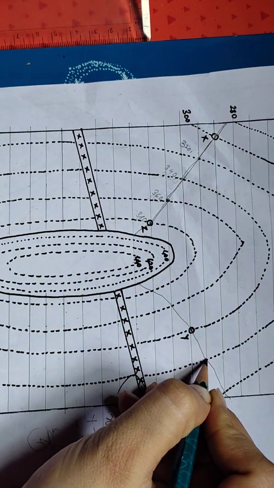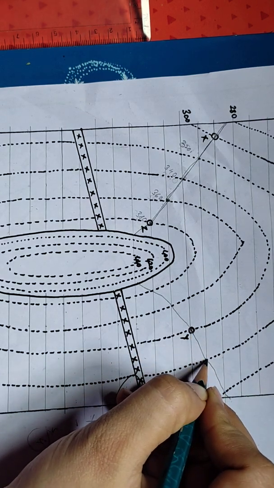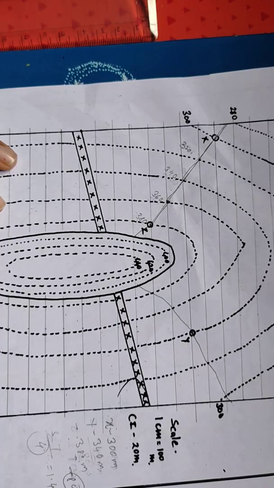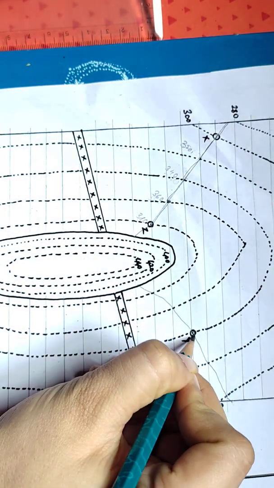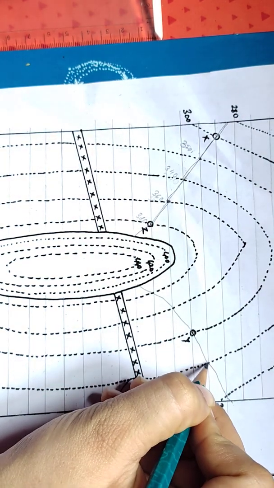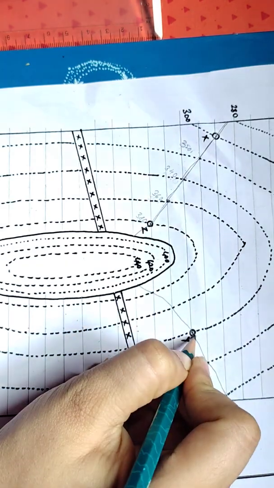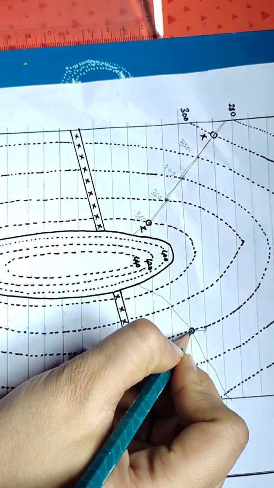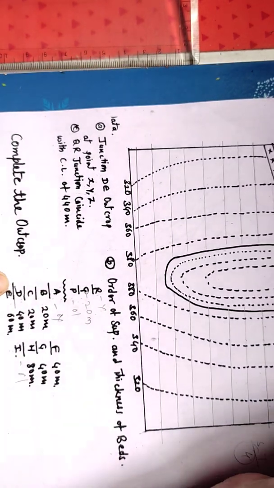This is the contour of 320 and this is the 340. So with respect to that D, this is 320, 340, so the dip will be towards the lower side. Here the dip is towards the north, and according to the order of superposition, D is the younger one, so it will lie on the northern side.